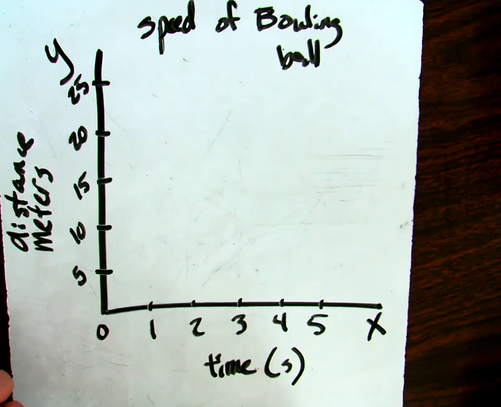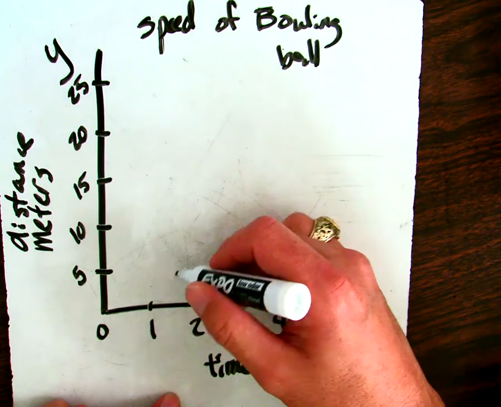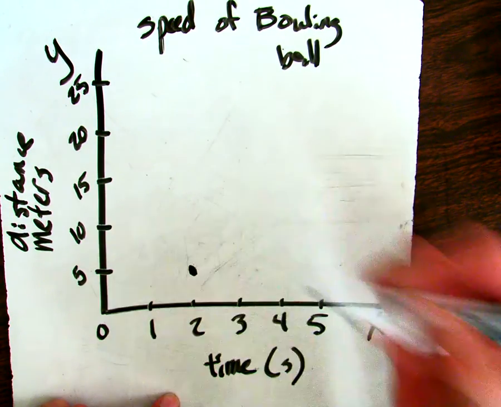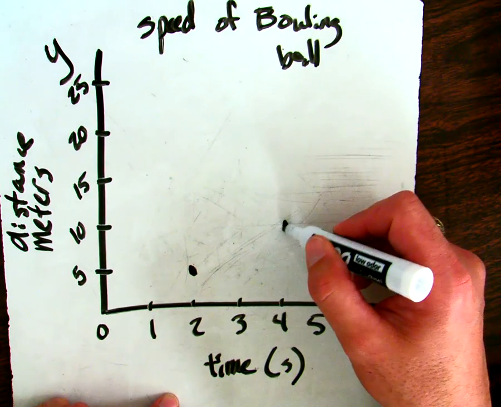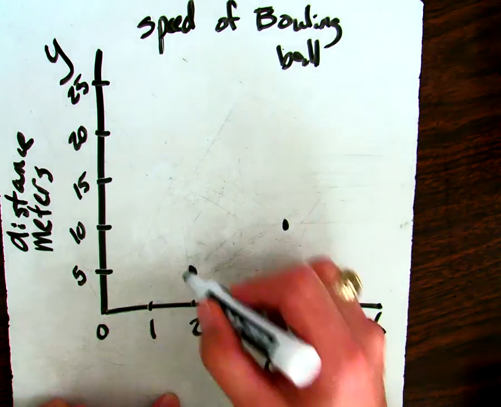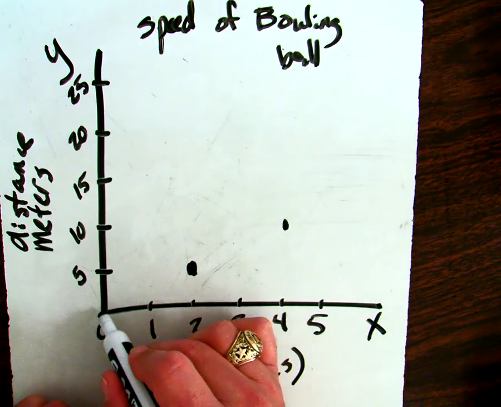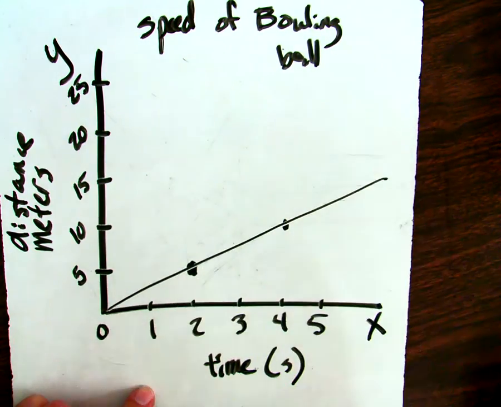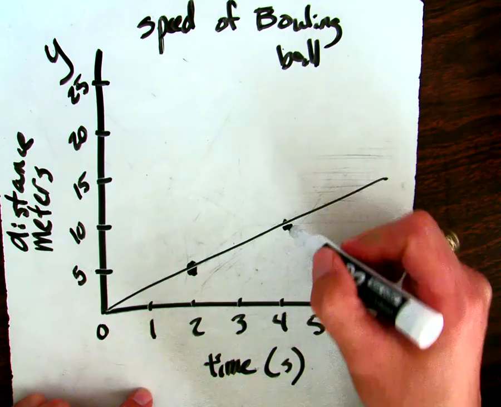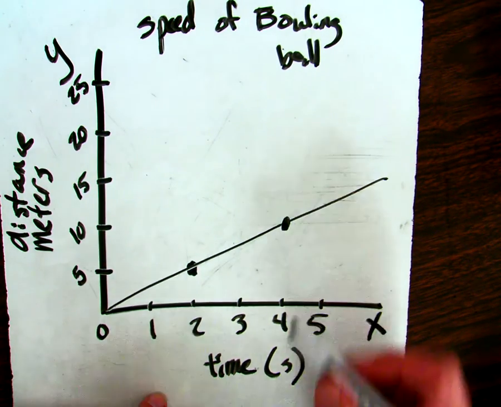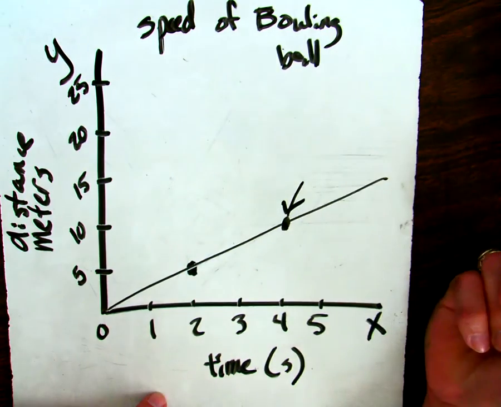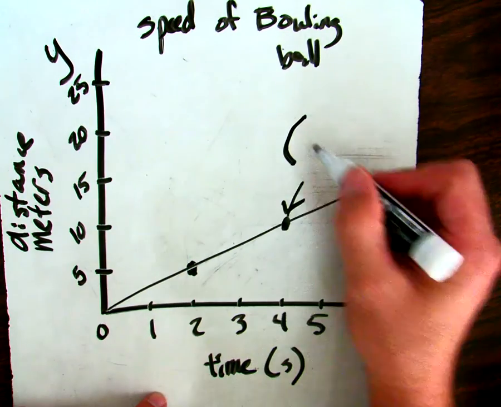So let's go ahead and make up some data. Let's say at 2 seconds, we went 5 meters, and then at 4 seconds we went 10 meters. So let's go ahead and plot that data, and then we're going to do our line that connects our data. And let's go back and try to figure out our XY component. So let's just pick a spot. We'll just start with this one right here. So our ordered pair for this would be 4,